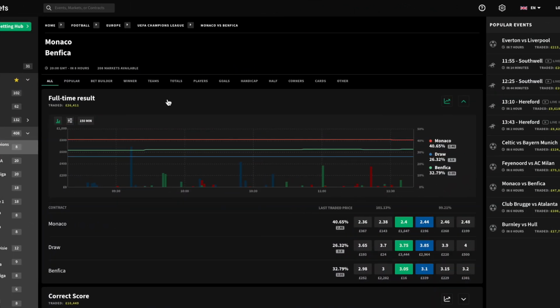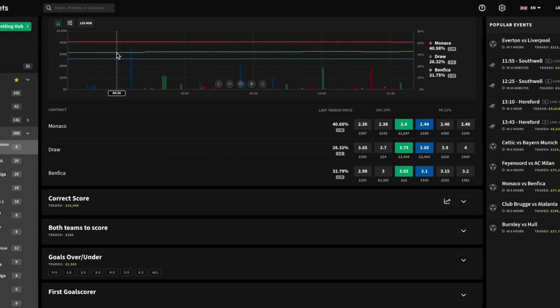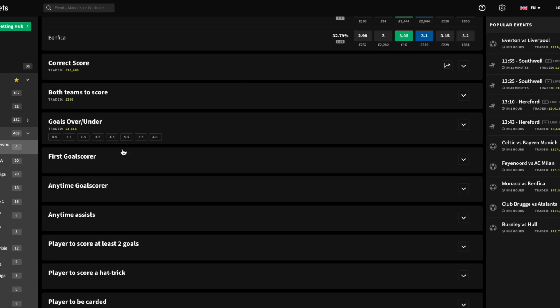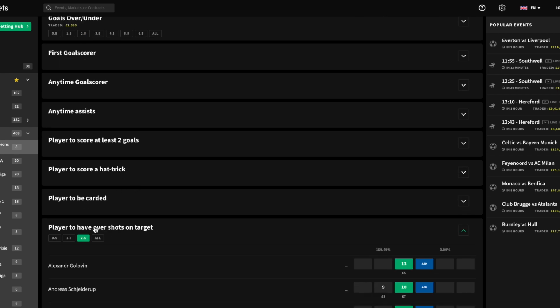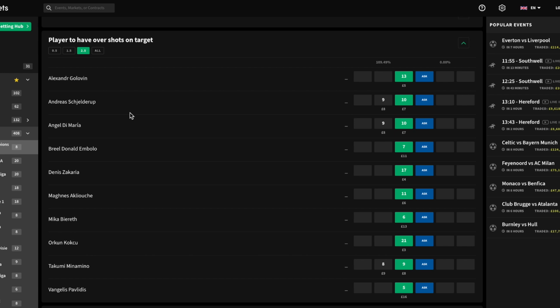So let's take a look at an example of a player statistics bet. Here we have Monaco versus Benfica tonight. It's a little bit early, it's a few hours beforehand. Nothing's really been traded in first goal scorer, anytime goal scorer. Actually, nothing's been traded in shots on target either, but it's these kind of bets that over the day, sometimes